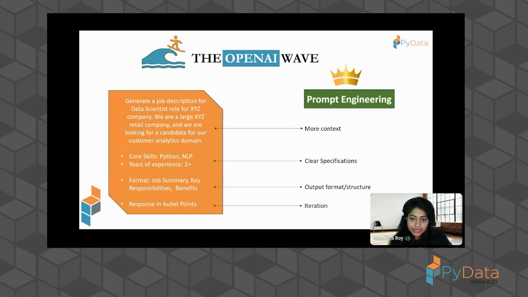And not just that, it's also an iterative process. When you see the output, you probably will have some stuff in bullet points. You won't have everything in bullets. You might have a full paragraph of what skill sets are required. But if you want the response in bullet points, you can mention that again in the next prompt and say, can you put it in bullet points? You can also say, give me a JSON output as well. All these things you have to build iteratively.